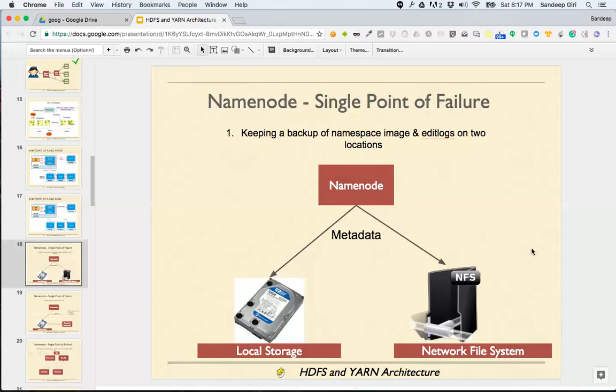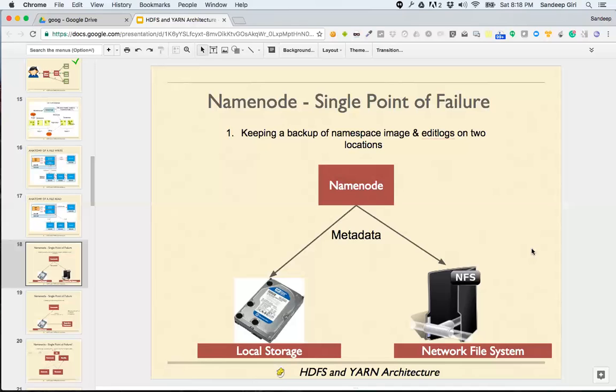Saptarish's question is, what factors to consider when designing the frequencies of merge? So we will talk about it in a while, okay? Because this is no longer a right practice to do. Ted's question is, is it correct to have multiple name nodes and have the metadata replicated across the name nodes? Good question, Ted, and that's what we are going to discuss next. How does it synchronize metadata in multiple name nodes? Is it real time? That's what we're going to do next.